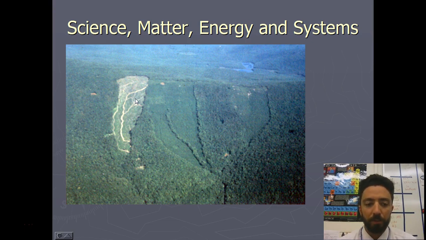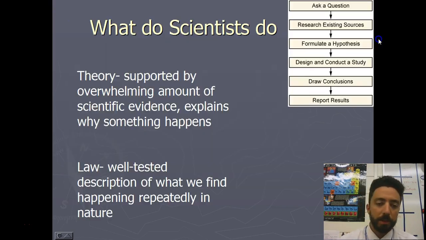there was 30 to 40% more water leaving the deforested side and about 8 times more nutrients lost from the soil. There weren't roots or plants to help hold the soil in place, and so when it rained, a really large amount of dirt was taken into that stream along with a lot of water that was not retained and just ran out of that ecosystem and down into the stream and so on and so forth. So that's what scientists do, and there's two big